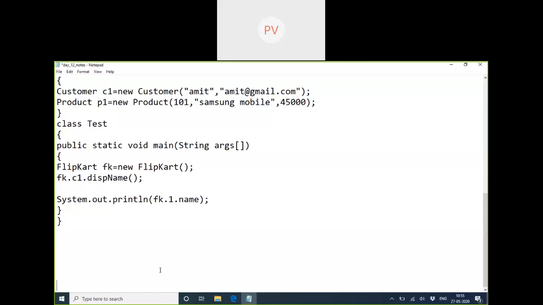No. So in Flipkart, we should not have any customer or product in the beginning. So how will we get a customer inside the Flipkart? How will we get a product inside Flipkart? We have to add them.